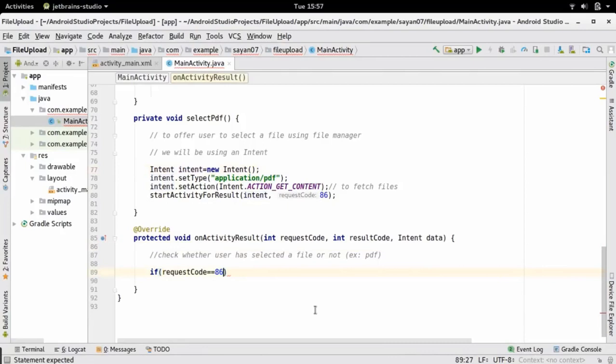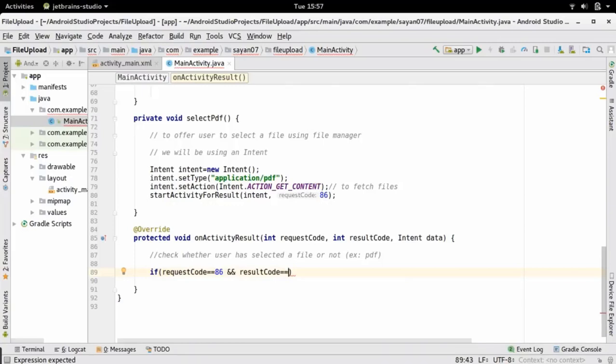Now I am going to check the request code 86, and now we are going to check the result code. This result code will be used to check whether the user has successfully completed the operation or not. Listen to my words very carefully. It may happen that the user has selected a file or has not selected a file, but at the end of the task we want to acknowledge whether the user has successfully completed the operation or not.